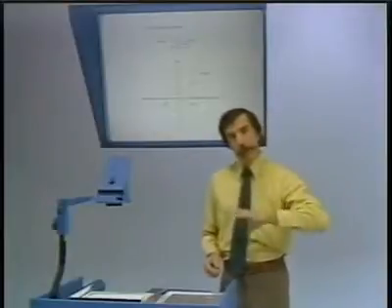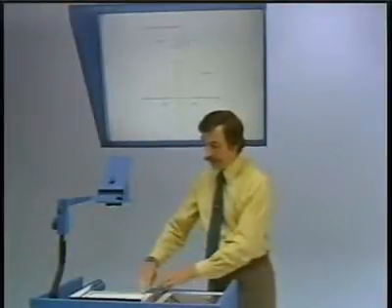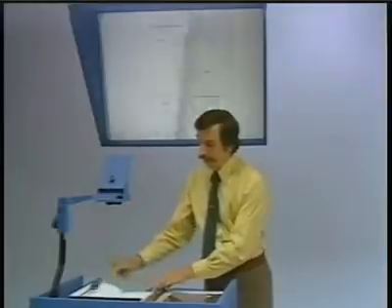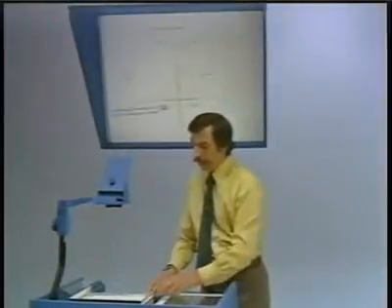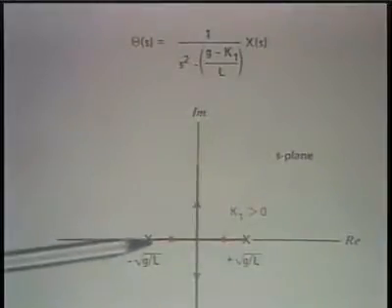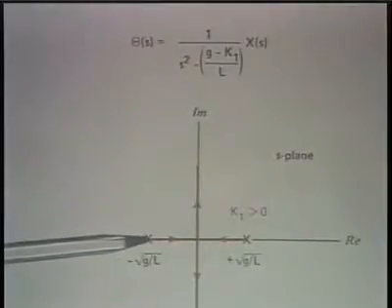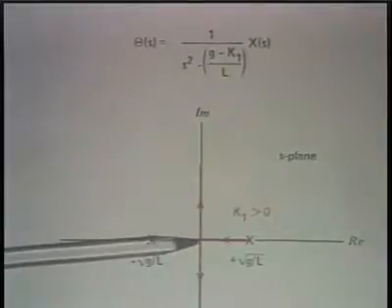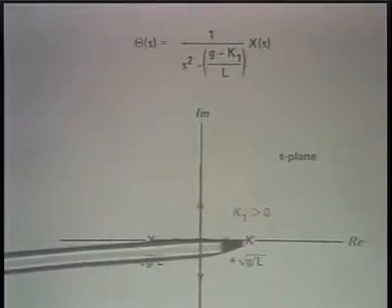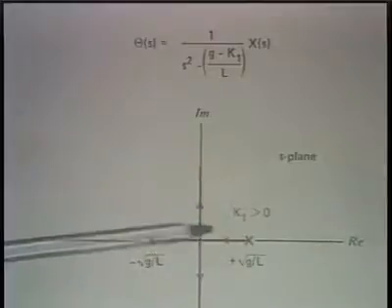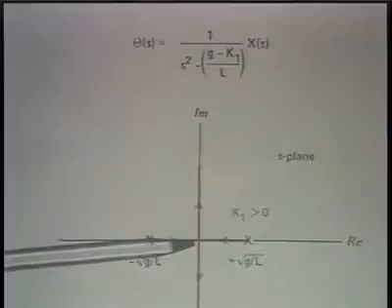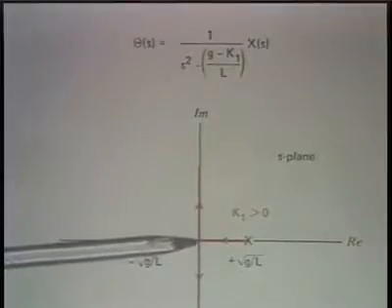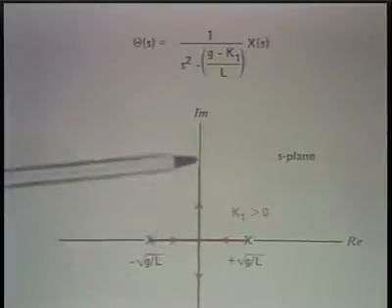Well, instead of k1 negative, let's try k1 positive and see what happens. With k1 positive, the left half plane pole moves closer to the origin, and the right half plane pole moves closer to the origin. What one would hope is that they both end up in the left half plane at some point, but in fact they don't. Eventually they both reach the origin, split at that point, and travel along